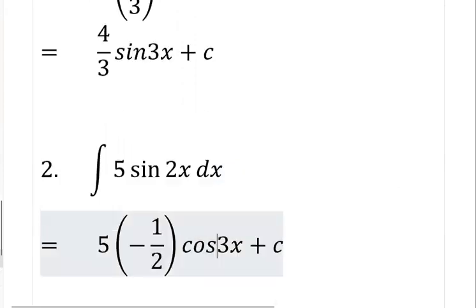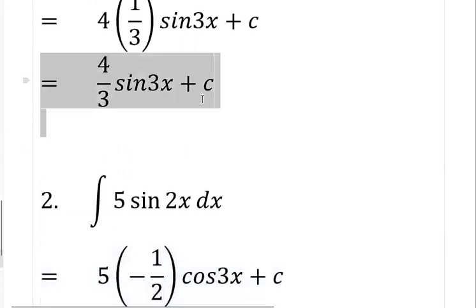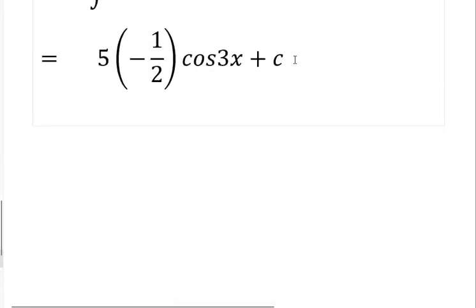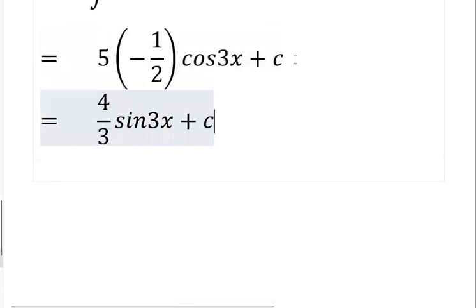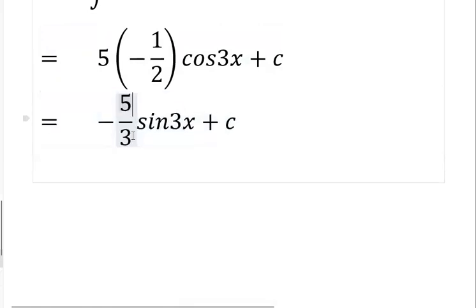So having done that, all we just need to do is to multiply our values. Let's use this as a template. If you say 5 times minus 1, we are going to have minus 5 over 2. So let's put our minus outside here already. If you are multiplying this, it will be minus 5 over 2, cos, don't forget, 2x. That's what we have here.